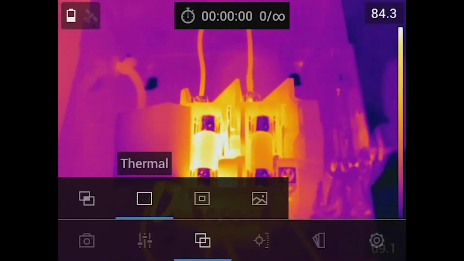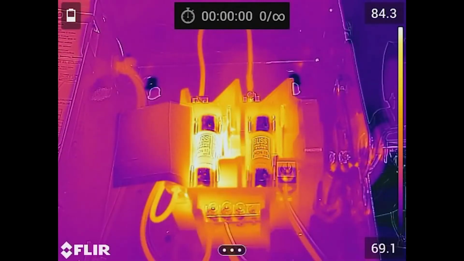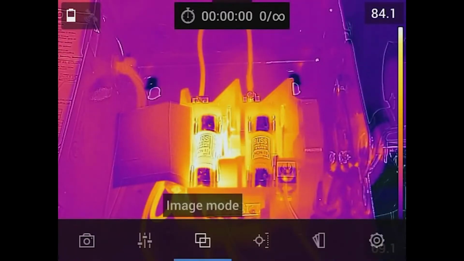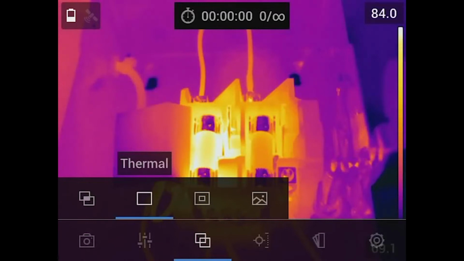As we move across, we can change the camera setting from our thermal MSX, and this is where you can actually see that visible image, now as we call kind of raised or embossed on top of that thermal image. So some of the things that you could really point out is you could almost read all of the text on that fuse. Whereas if we turn off the MSX and just go to thermal, watch closely, you'll notice now it's actually disappeared. So again, this MSX is a really powerful feature that allows us to show the visible aspects of the image on top of the thermal.